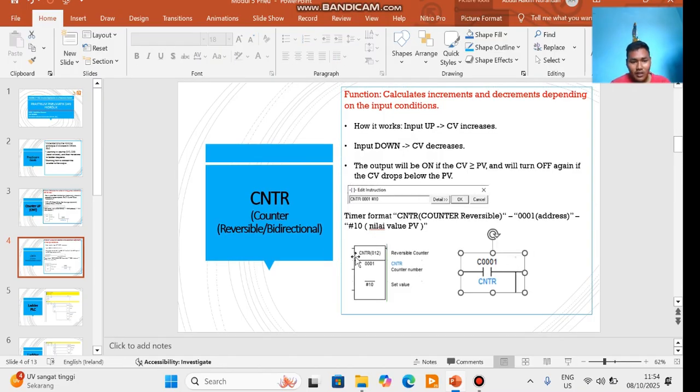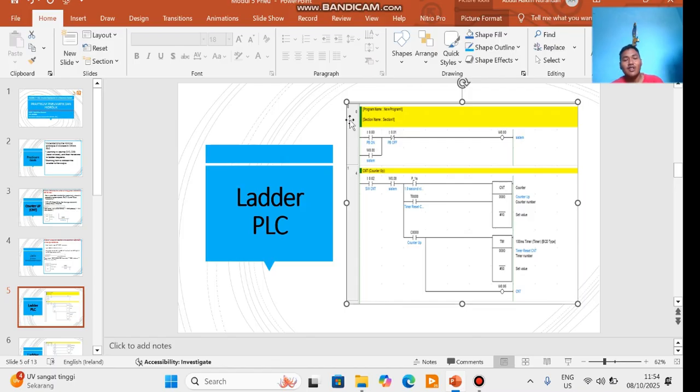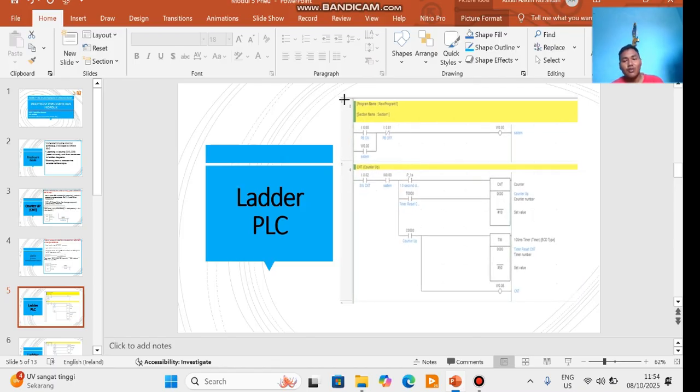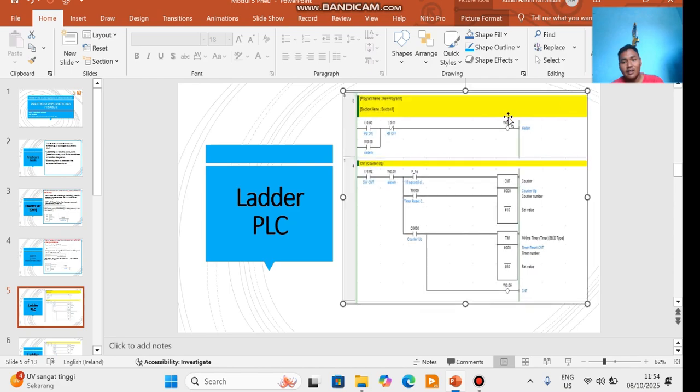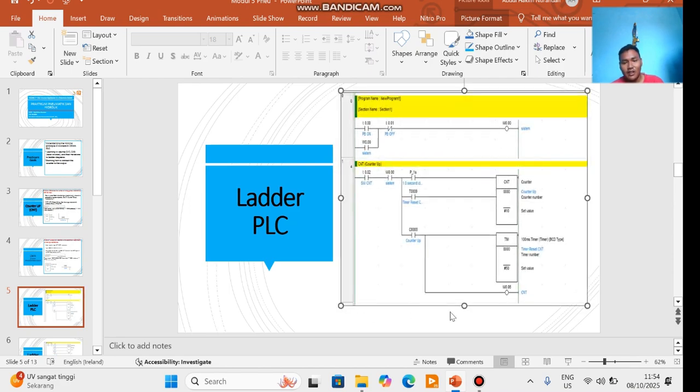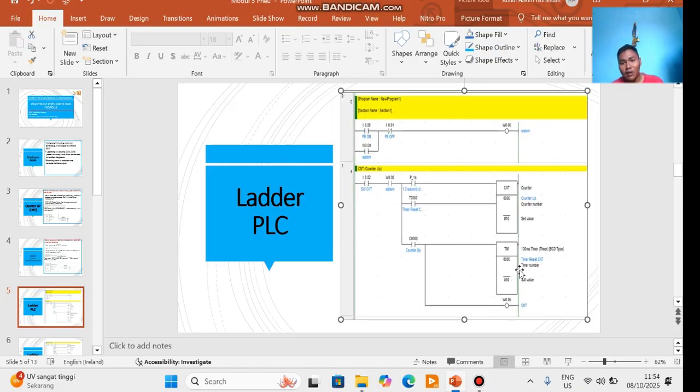Okay, next slide. In this slide, ladder PLC, you see the full picture for the ladder diagram of the CNT and CNTR program.